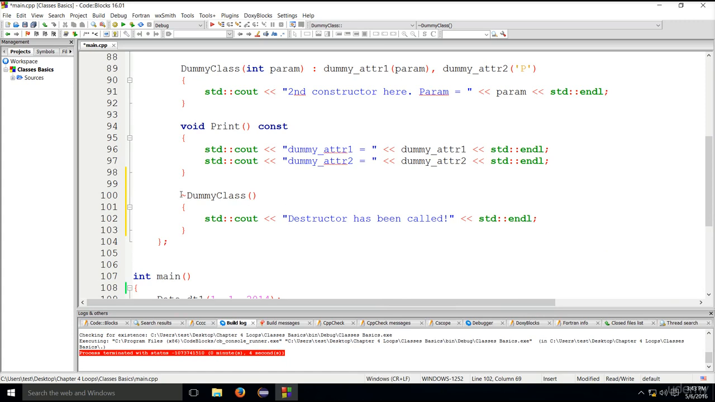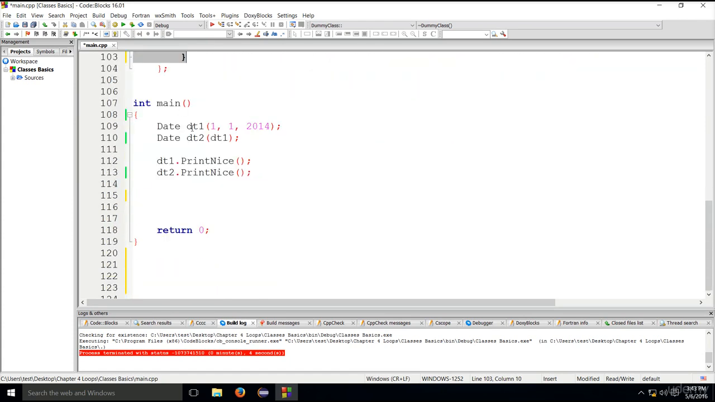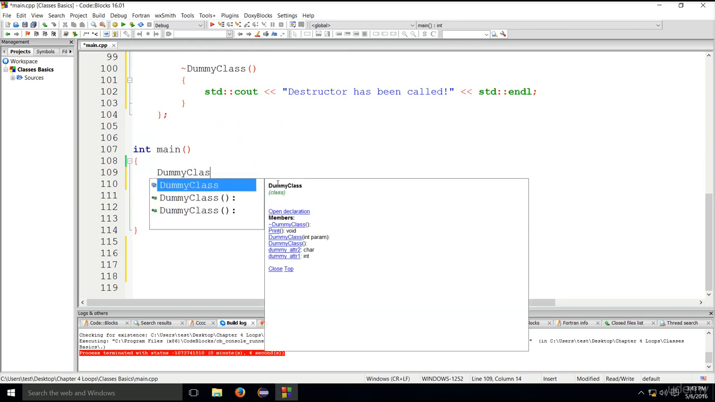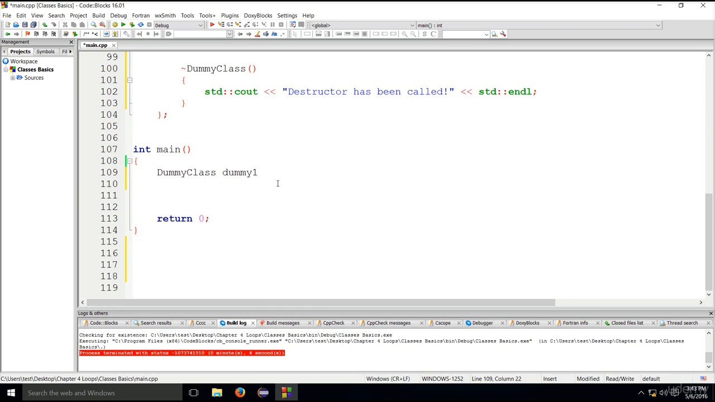So there is a destructor at the end here. You see, it's pretty much the same as a constructor. There isn't anything special that needs to be written except that tilde there, and the name needs to be the same as the name of the class. I'm just going to remove this for the time being, and I'll type in DummyClass dummy1,